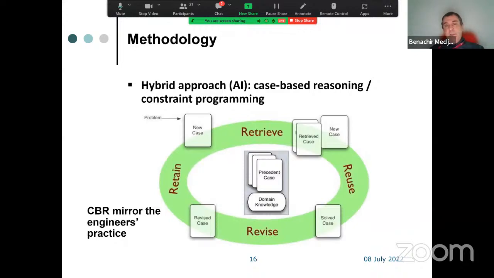Now, for the case-based reasoning approach, you need to develop what we call a case library, a set of solutions which you have done previously. Then if you have a new problem, you check in that case library if you have similar problems which have been solved before. You take that solution and you try to adapt it to your new problem. This is the basis of the solution. Now, for the adaptation of that problem, we use constraint programming, and I will tell you why.